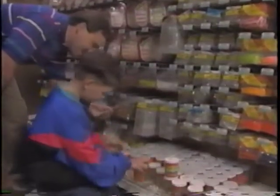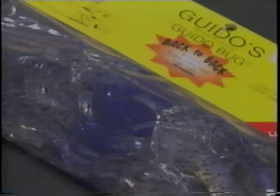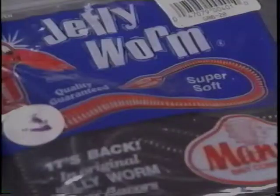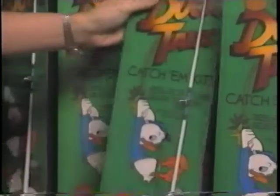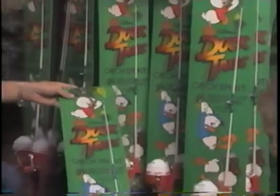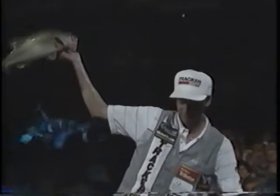Literally thousands of lures are offered, from jitterbugs to guido bugs, from jerkworms to jellyworms. You'll find the hot new baits along with the old reliables. All the gear for your son and daughter to catch their first fish, along with the tackle for the next